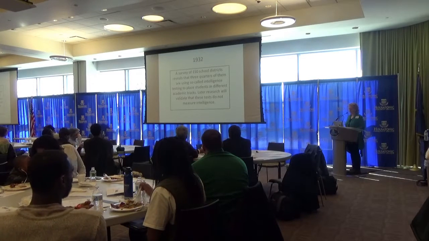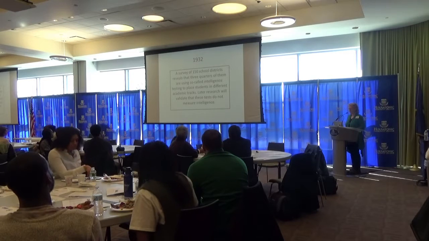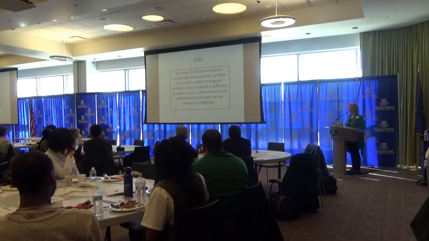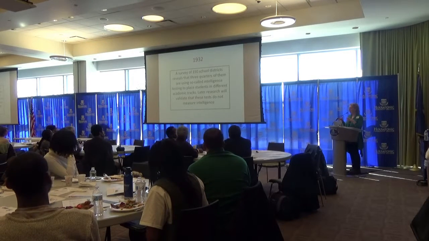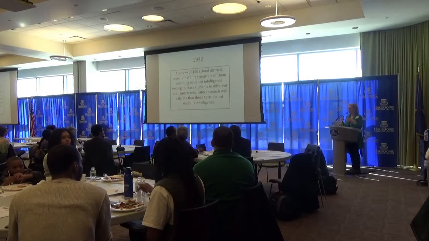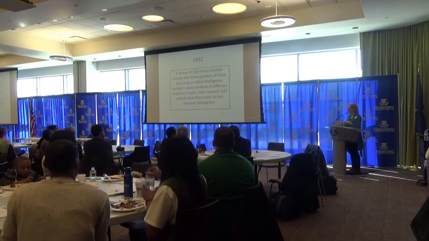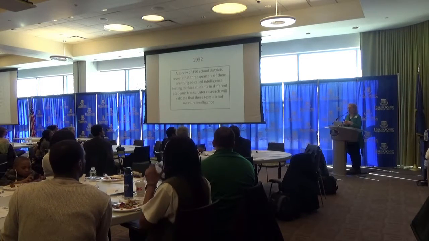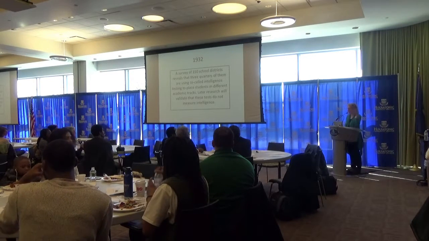1932, a survey of 150 school districts reveals that 3/4 of them are using so-called intelligence testing to place students in different academic tracks. Later research will validate that these tests do not measure intelligence. Right, and these are similar to the tests that were used throughout the South to prevent voting rights from African Americans. So, you know, great questions of how many bubbles are in a bar of soap, and similar questions that staff could change depending on who was sitting in front of them in terms of who got tracked into what kind of classes.